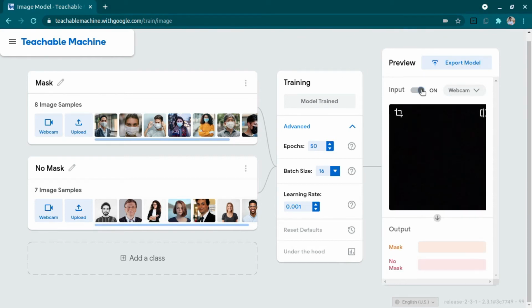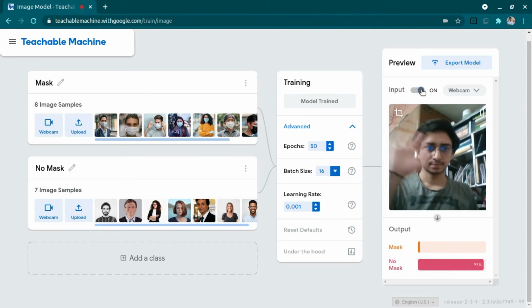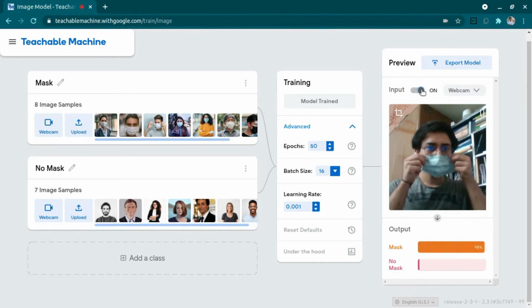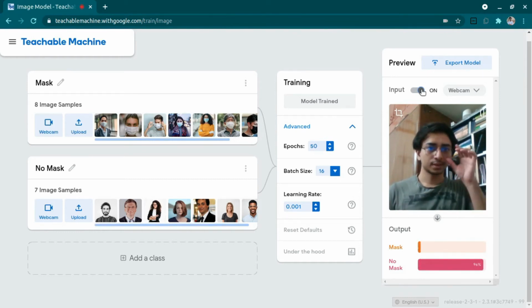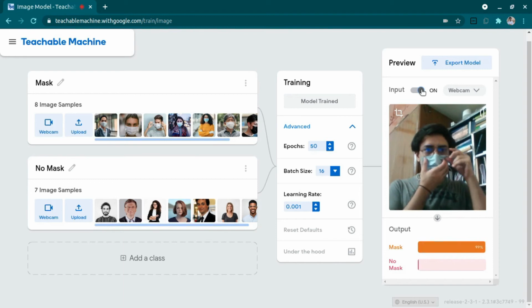So input is on, and hi. So it is no mask, detecting perfectly fine, and now I have the mask on, and it is detecting mask perfectly.